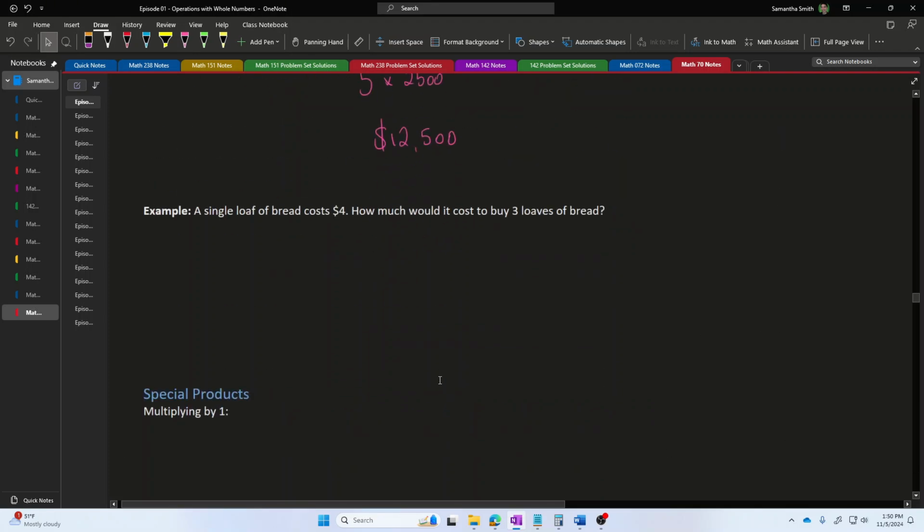For another example, if I have a single loaf of bread which costs $4 in the store, how much would I spend if I bought 3 loaves of bread? 3 loaves of, there's that keyword, 3 loaves of this bread, which cost $4 each. I can get this by taking the number of loaves of bread that I want to buy and multiplying it by the cost for each loaf of bread. 3 copies of this $4 charge. So in total, the result of that would be 12.